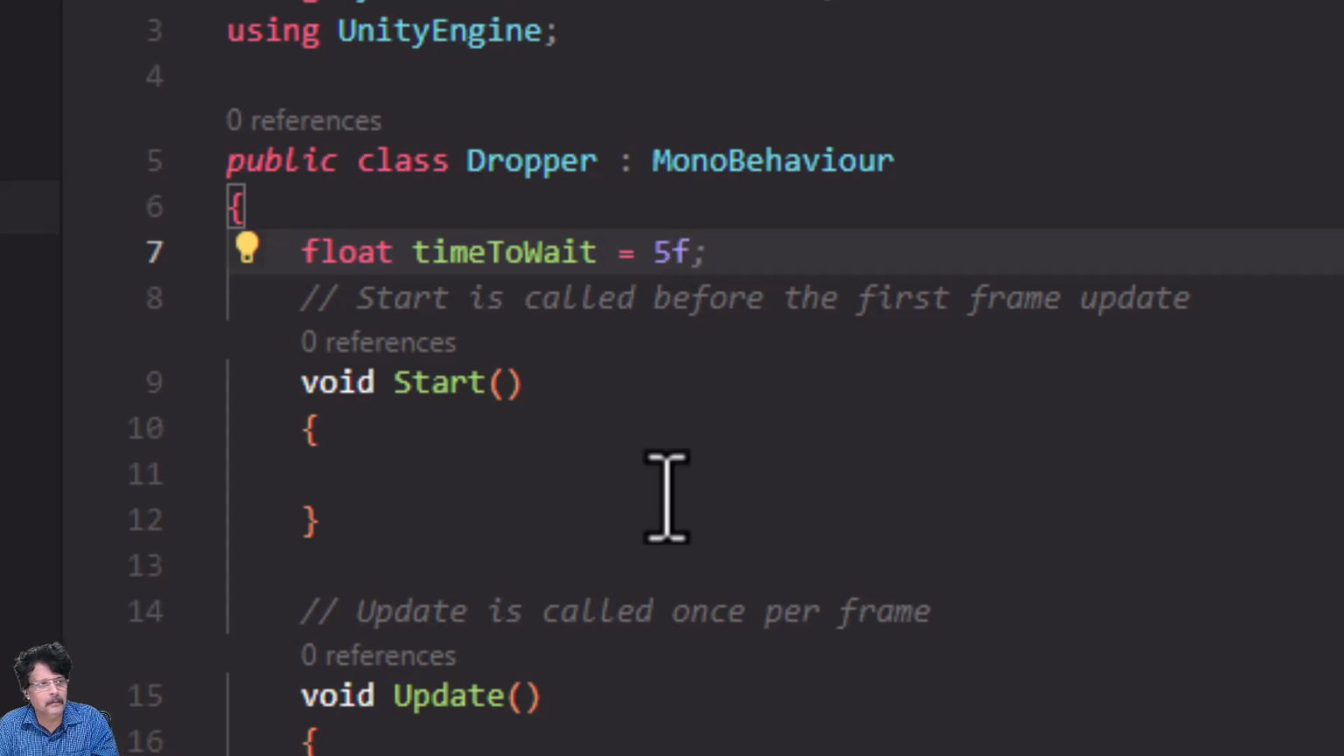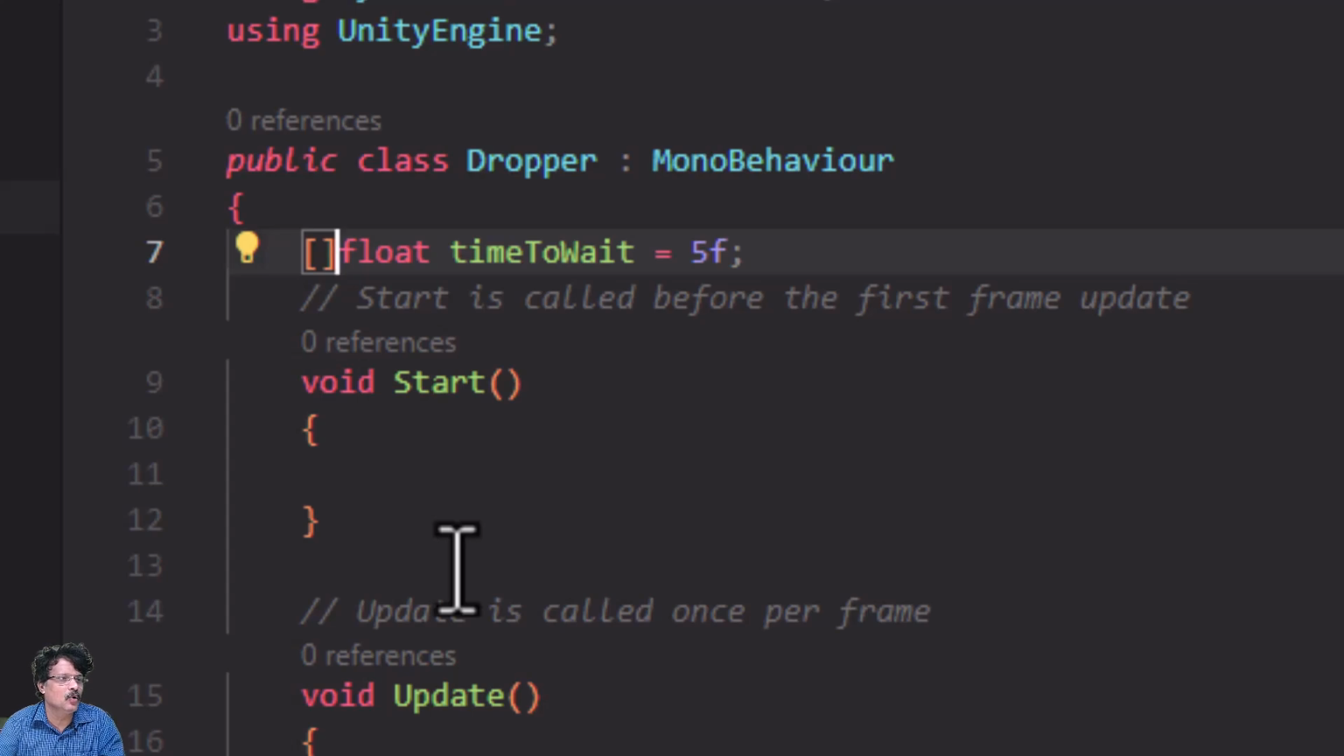Although for a round number you need not add f, it is always a good practice, because adding f means that it is a decimal number. I will end it with a semicolon. So I have added this line. However, for this line to be visible in the inspector, as I have already told you, either I have to make it public or I have to add the command SerializeField. To add it, you put an open square bracket and a close square bracket, and between the square brackets